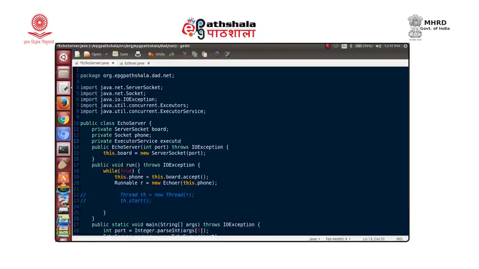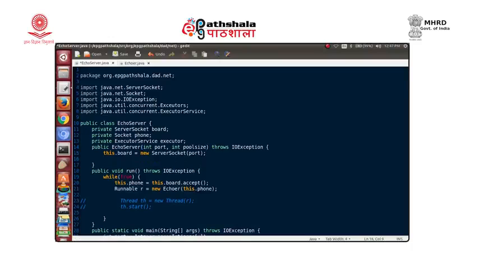Now, to initialize this, it is a fixed thread pool which we are going to have, so what is the pool size? That pool size may be one more extra parameter in our constructor for echo server. So, let us take one more integer as a parameter, the pool size. So, we have two parameters, and that pool size could be used for initializing our executor.